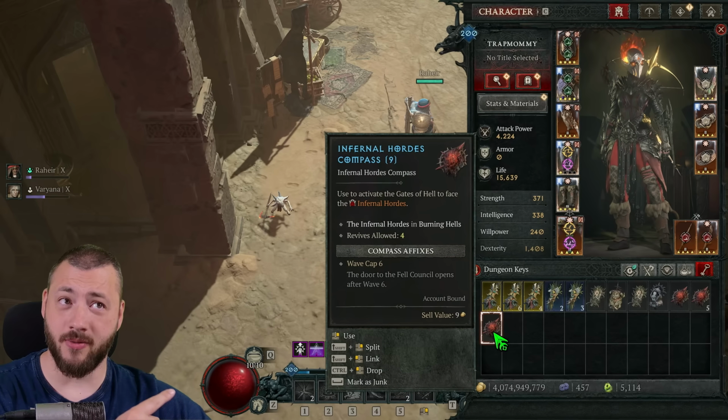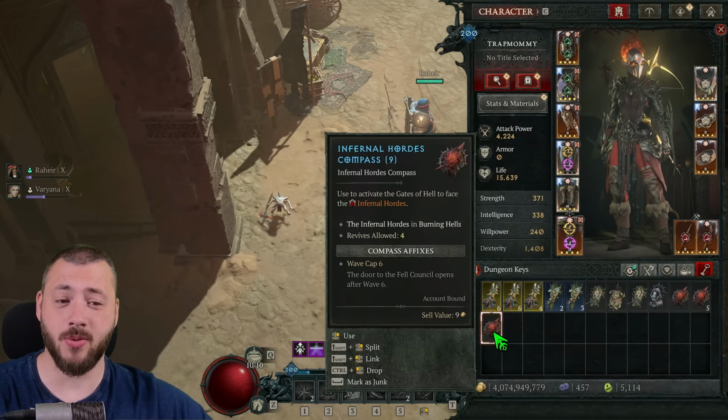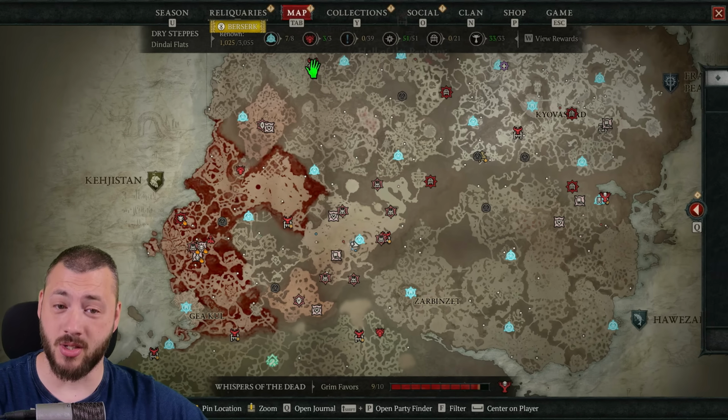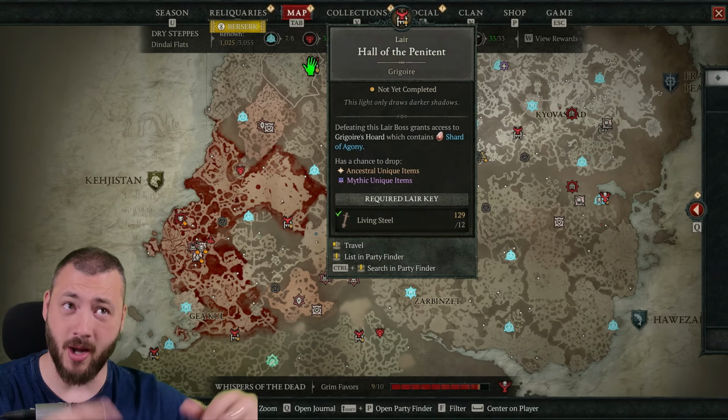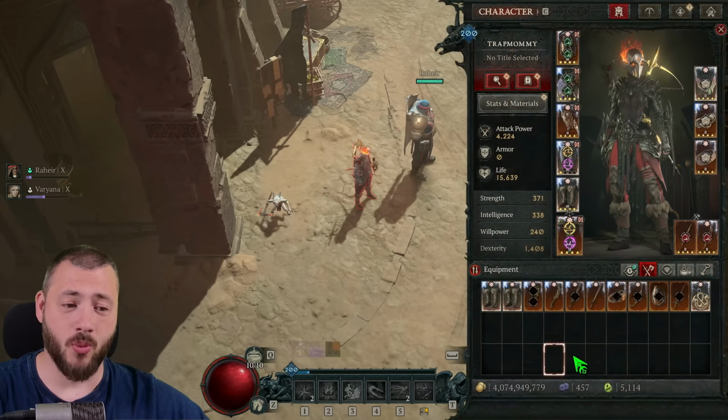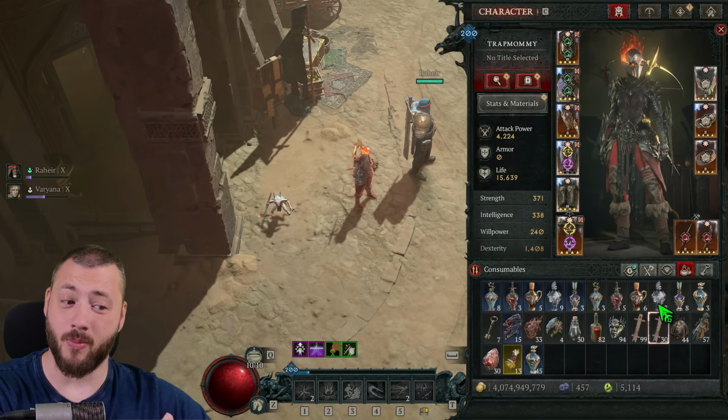Then we're heading into the Infernal Hordes. Now if you're going to tell me, Pony, I don't have any Infernal Horde compasses. They drop from the lair bosses too. From opening their box, there can be an Infernal compass coming out. But most of the time, I've gotten them simply from Helltide, which you do anyways to get more boss materials,